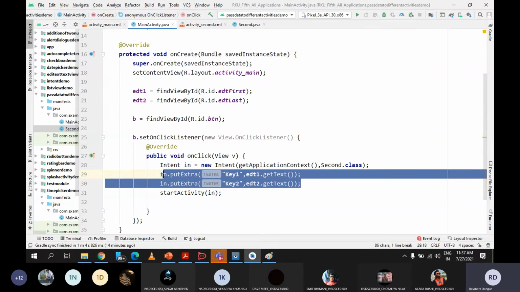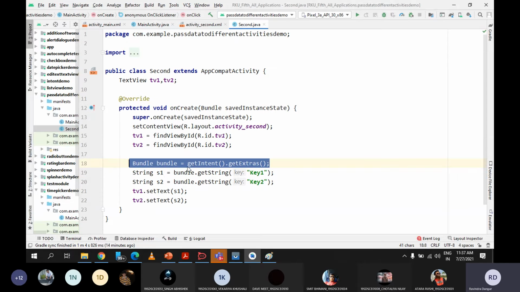As of now there are two values only, you may have 8 values, you may have 10 values, you may have 20 values. So whatever values you put from here, they will all be bundled here, a complete array will be formed. In that array you need to separate out the values. To separate the values you need to know what is the key for a specific value. So I know that my first value has the key key1, and the second value has the key key2.